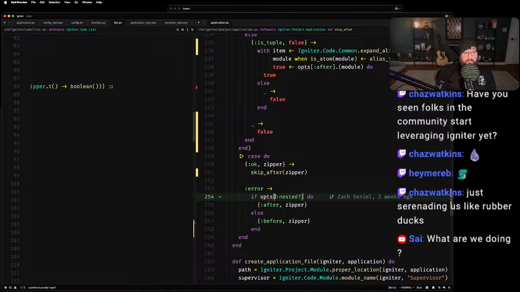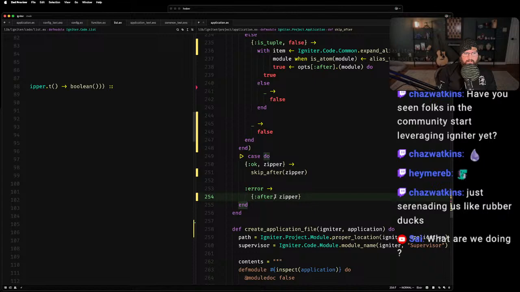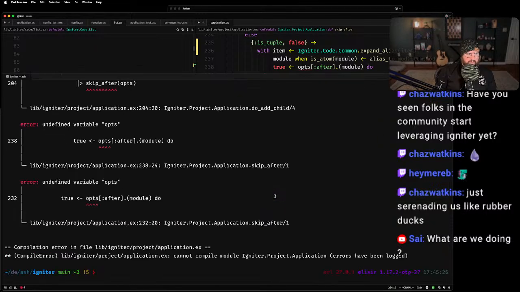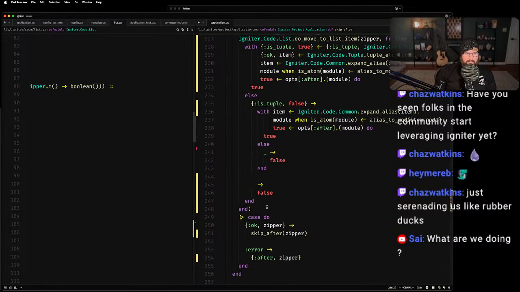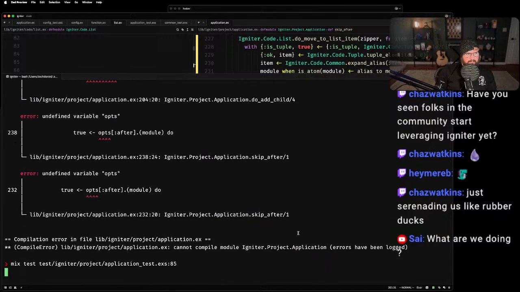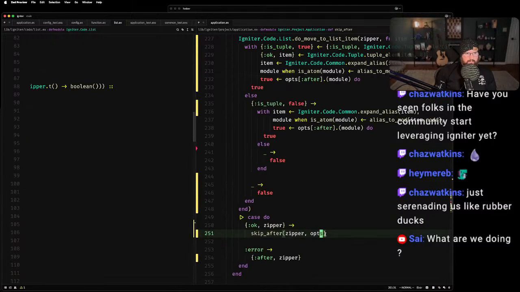And if we don't, I'm kind of remembering all of a sudden why we were doing this. If we don't find anything, then we're going to go after the current place that we're in. And this is going to work something else up, I think, but ops after. Oh, I do need ops. Right. I remember now why we did all of that crap.